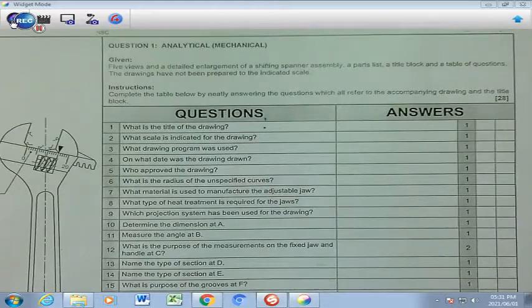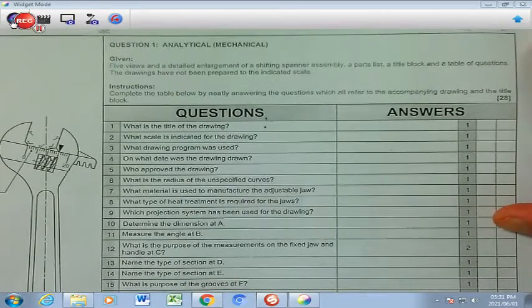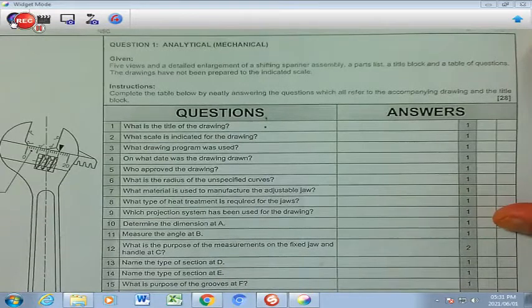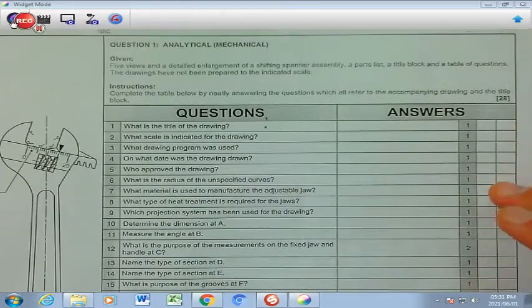Grade 12, this is Mechanical Analytical 3, and there are 5 views and a detailed enlargement of a shifting spanner assembly, a part list, a title block, and a table of questions given to you. The drawing has not been prepared to the indicated scale. So you need to complete the table below by neatly answering all the questions which refer to the accompanying drawings